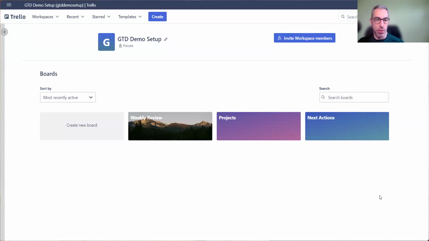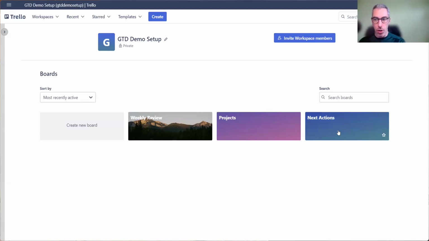So I'm going to walk through fairly quickly some of these items that are Trello specific, but I am going to show you really how I'm thinking about the implementation of Getting Things Done into a Trello system. And so I use Trello right now as my primary Getting Things Done, next actions, projects, and otherwise lists management tool. And I find this to be really useful. So I'm going to be showing you most of what I do just in terms of the setup. And then I'm happy to answer questions as well, whether you're here or after the fact,